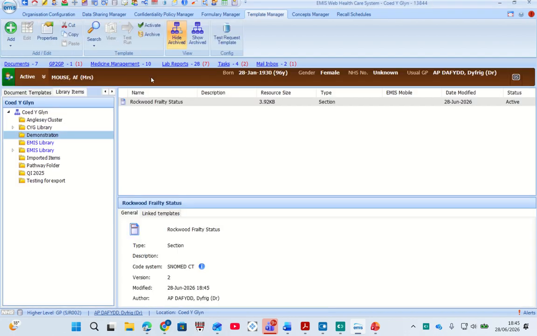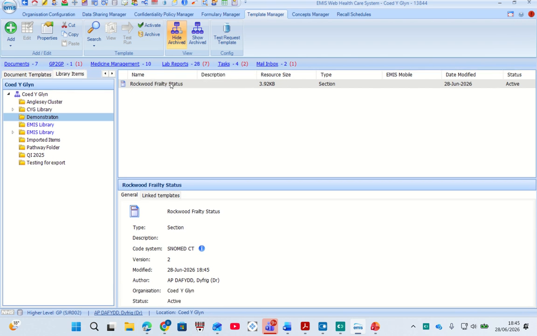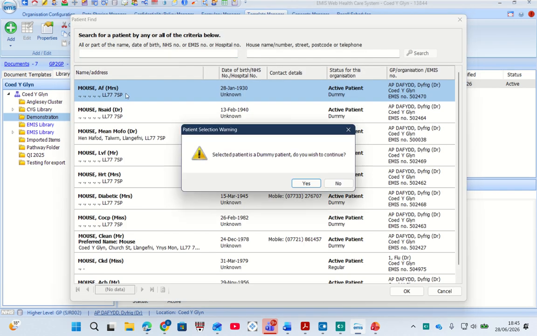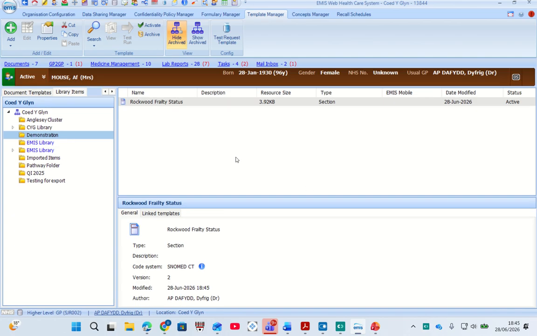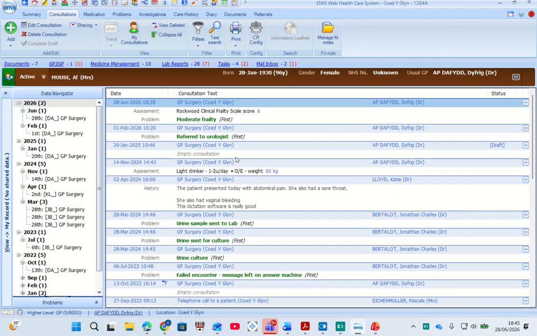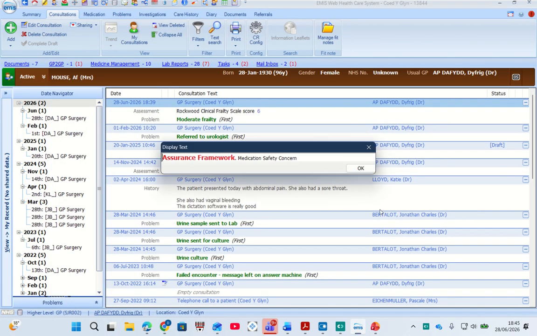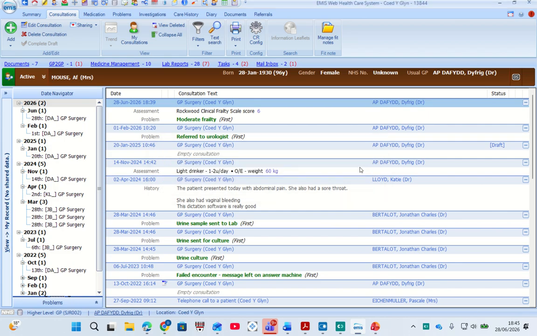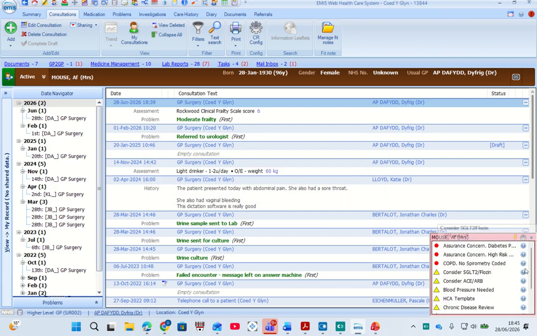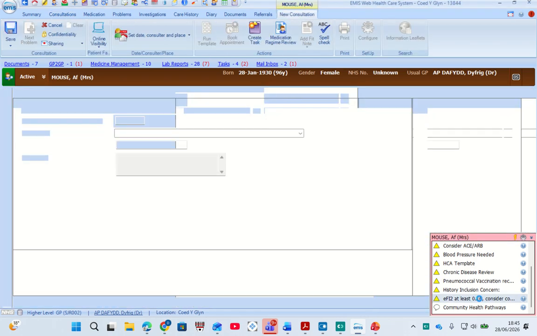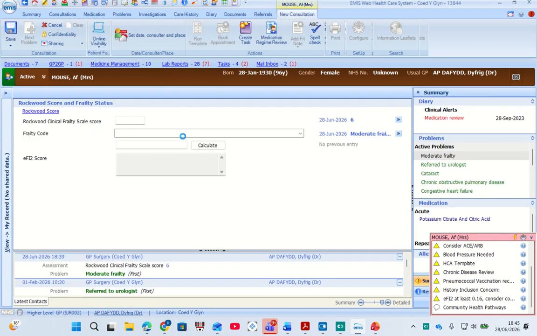If we were to open and close Mouse, and I go back to AF Mouse, and go into a consultation screen, at the moment that prompt is set up to run. When you go to the prompts at the bottom here, because mice have lots wrong with them, there are various things, but if I now double click on that EFI2 at least 0.6 consider coding, and I go into OK, you can see